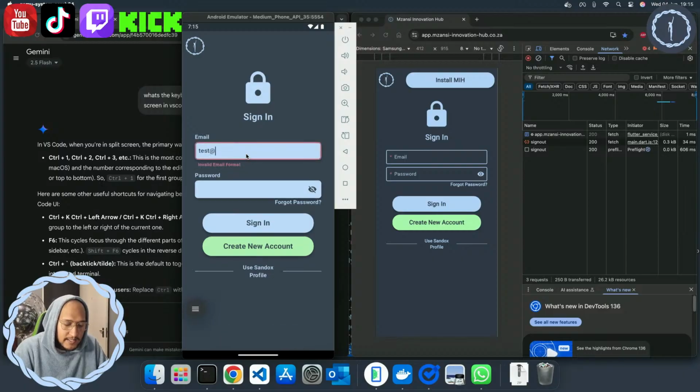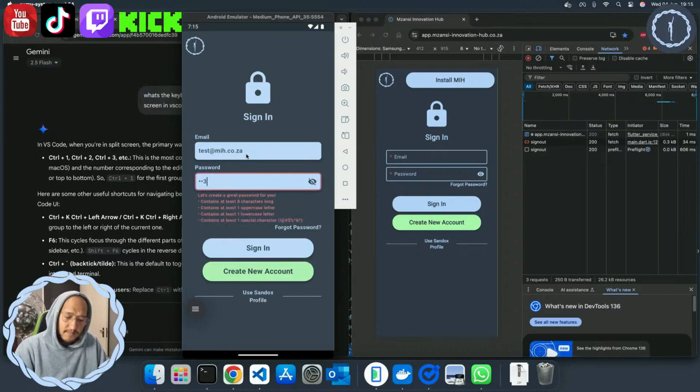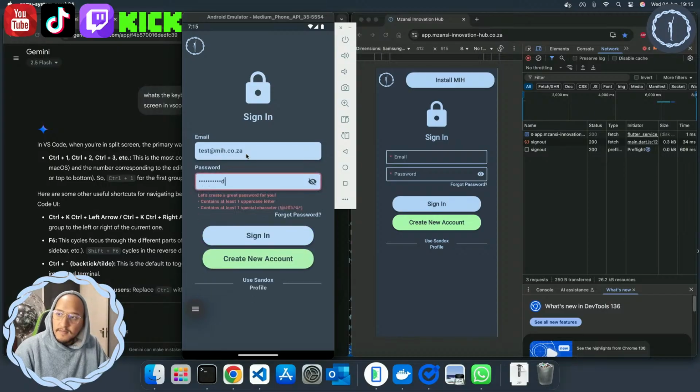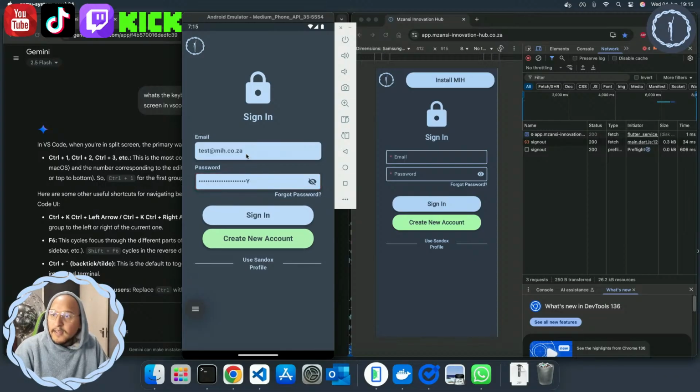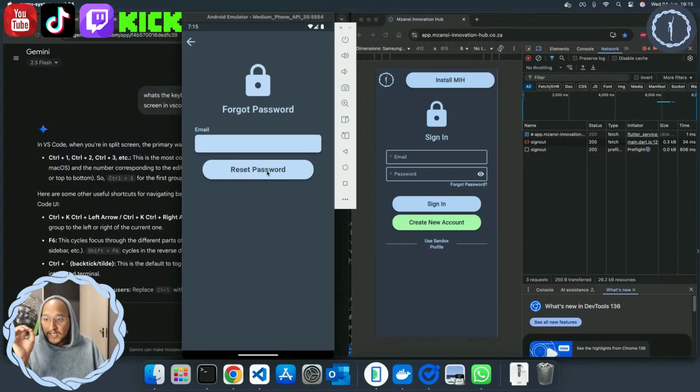So let's say test at mih.co.za, and then we can do a password of uppercase letter, yeah. So I like the look and feel of this. I'm happy with what it's currently looking like. So this is what it looks like in the home or in the sign-in page of MIH. If we click on create new account, you'll see it's also there. If we go back to sign in and forgot password, you'll see that it's also there inside